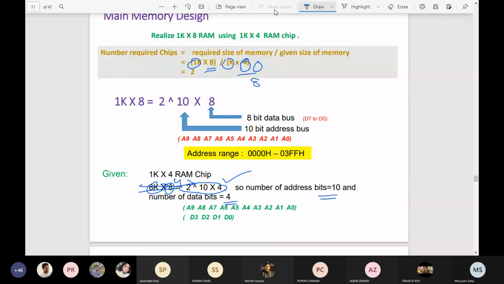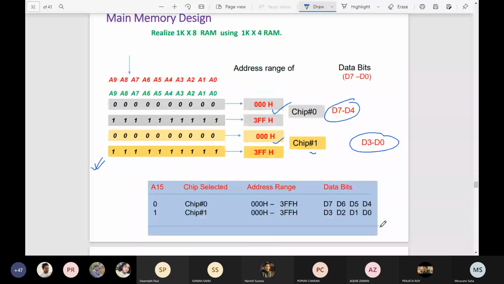In total we can have 8 bits, so for that reason we need 2 chips. Now in the same way we can design. The address space is the same for chip 0 and chip 1. No line is required to select the ICs, and one IC is used for D0 to D3, another IC is required for D4 to D7 because we need the